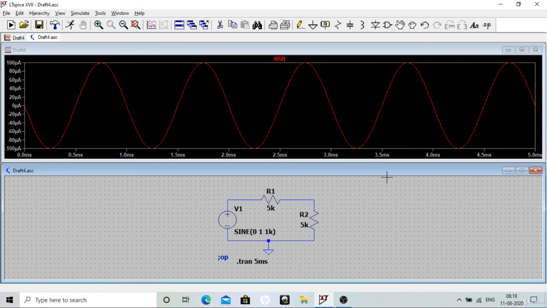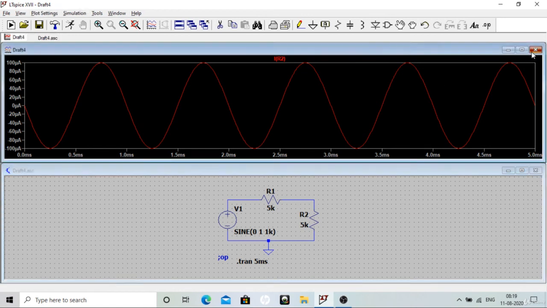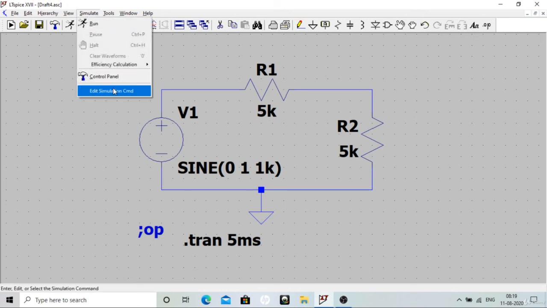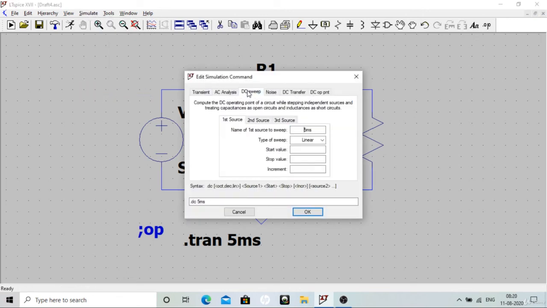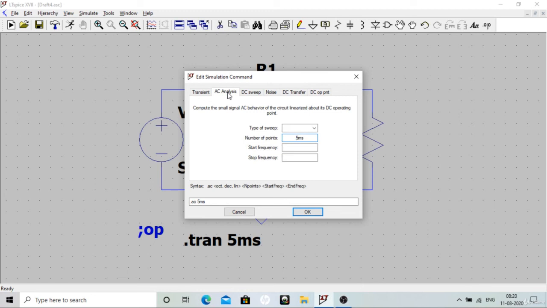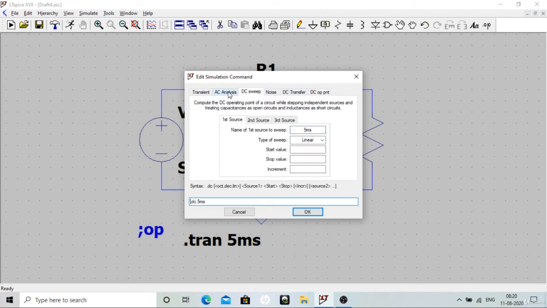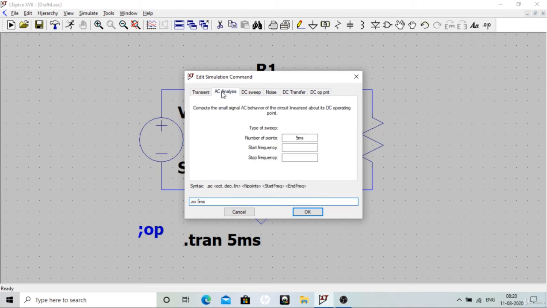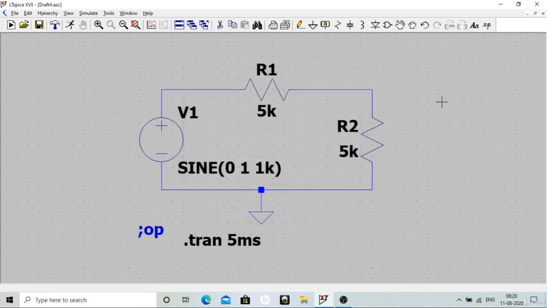So I hope it gave a better picture of how to use transient and operating point analysis. In the next video I will show you how to use the sweep and the AC analysis as well, because most of the time you will be using DC operating point, sweep, AC analysis and transient. To be more precise, you will be using transient and AC analysis only. This will get your job done. So I hope you got the feel. There is nothing else I need to show, I think.